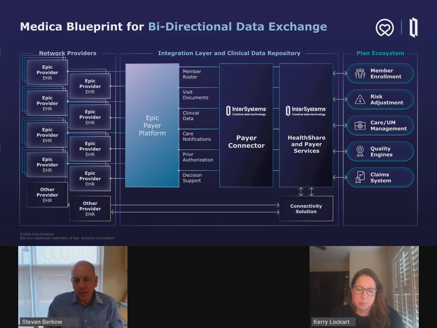And I will tell you again, going back to what Carrie said, this blend between vision and pragmatism, at least up front, they focused us on being able to ingest this information to be able to populate it into their back-end systems. So it was a little bit one way as opposed to the two-way with the Epic providers, but that is just the first iteration. On their longer-term game plan, they definitely want to create the same two-way or bidirectional exchange with providers on other EHRs. That's just a little bit farther down the road.